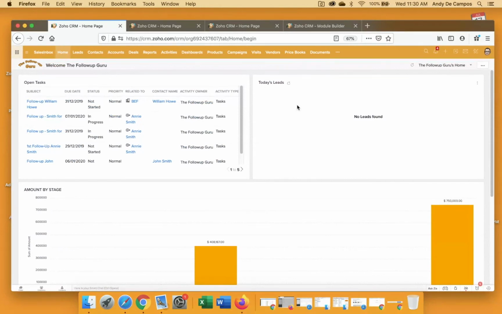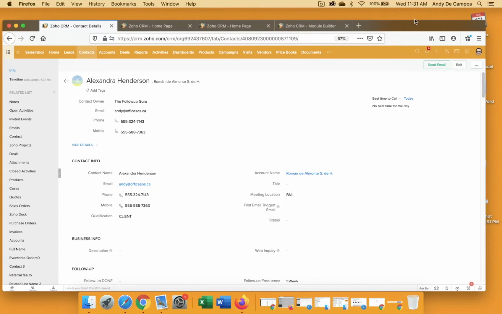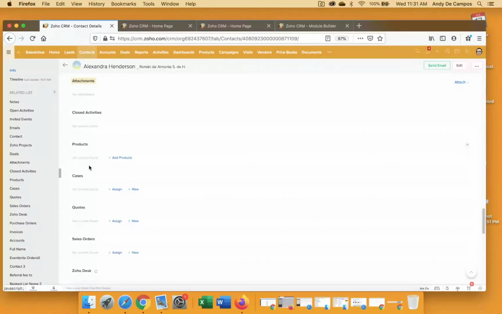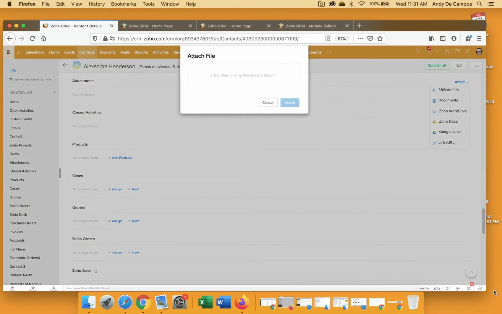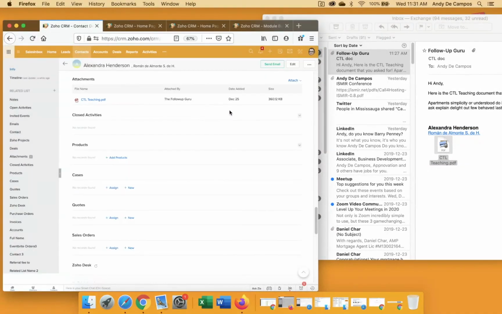So the contact. And attach. Upload a file. There it is. So now